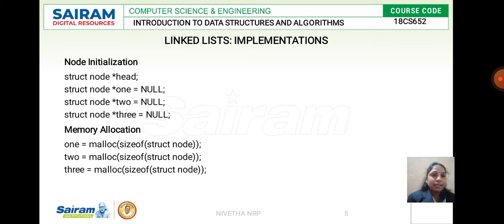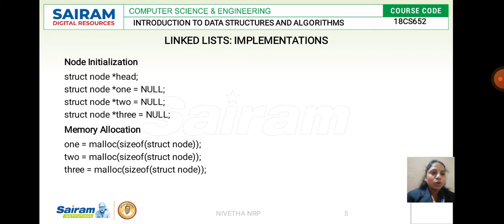The next part of implementation is memory allocation. I have to allocate memory for each and every node. malloc is the predefined function which is going to allocate memory. So for 1 I am allocating memory using the malloc function. For the size of struct node, I am giving the size of a particular node and allocating memory.